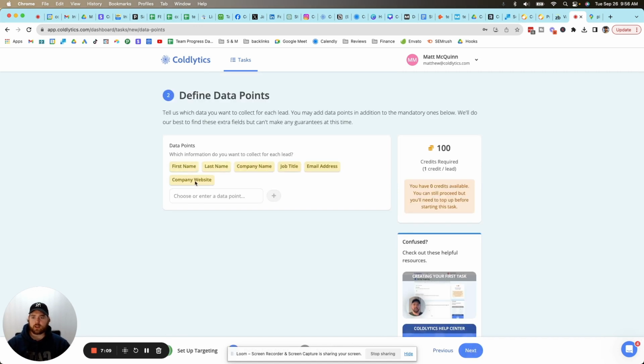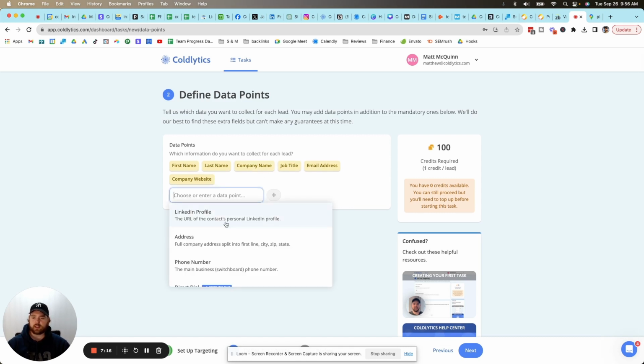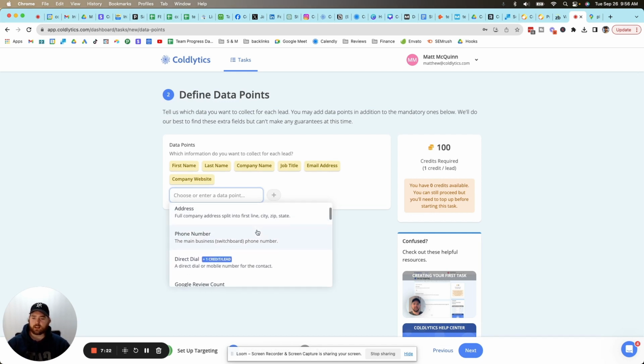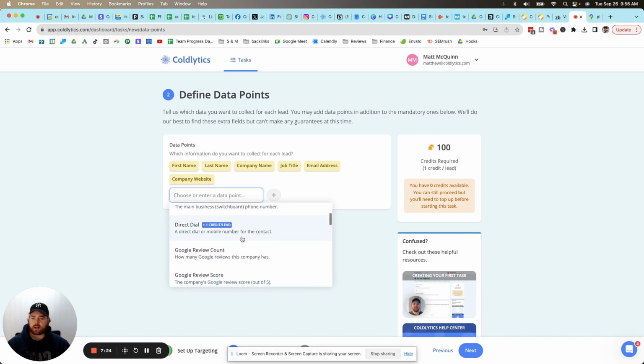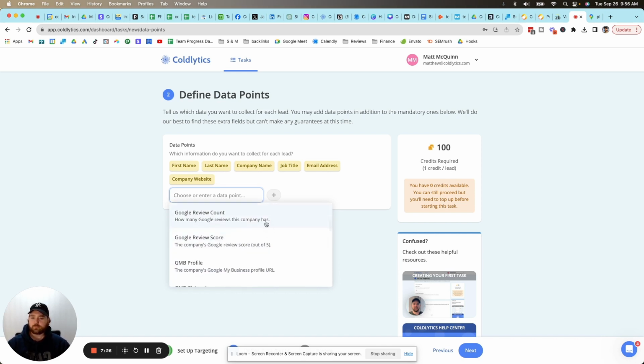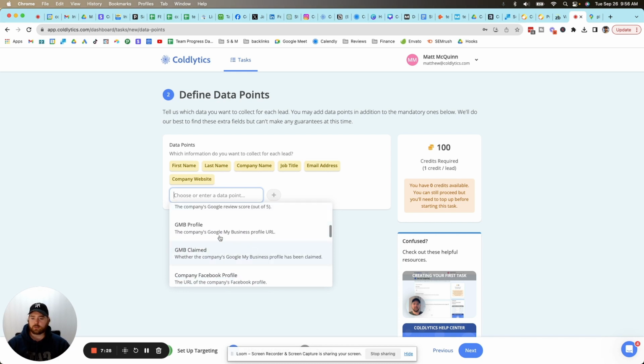We'll come over here, get into the data points. So by default, we've always got the first and last name of the person, company name, job title, email address, and a link to the company website. And we can come in here and select other data points too. I won't spend a lot of time on this, but I'll quickly scroll through them. So we've got LinkedIn, address, phone number, direct line, so the mobile number, Google review count, Google review score, their